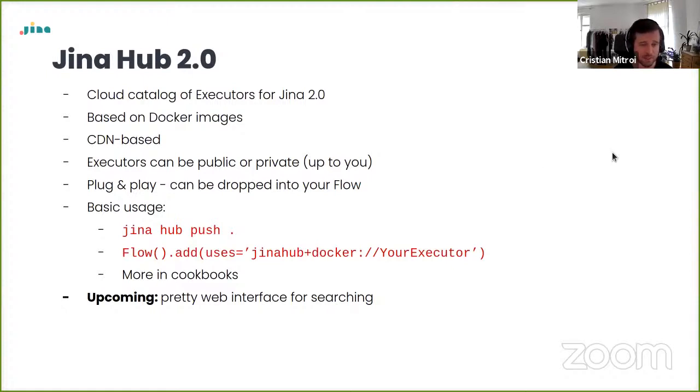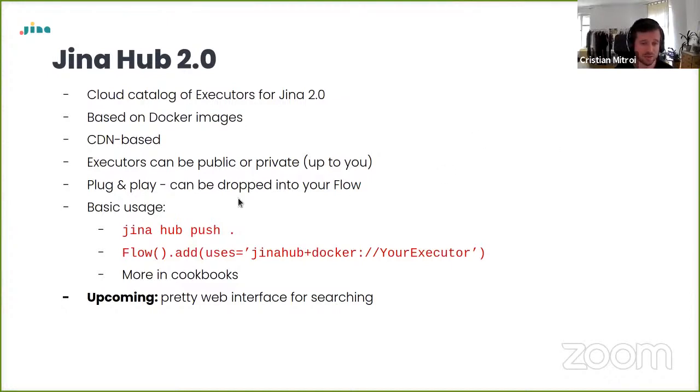And they're very much plug and play. They can be just dropped into your flow. They respect the same API as all other executors, so you can just add them at any point in your flow. Of course, you need to know what it does and how it would affect executors downstream, but it is very much just copy and paste, and it works.